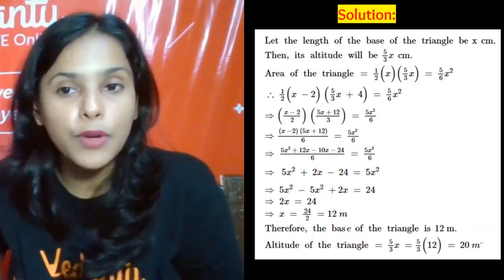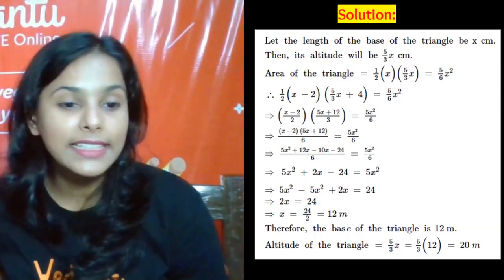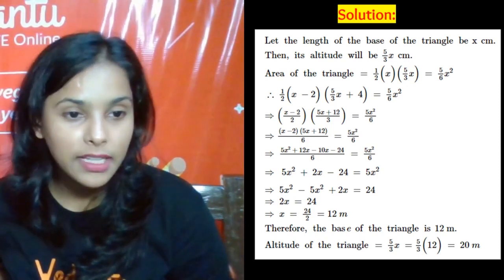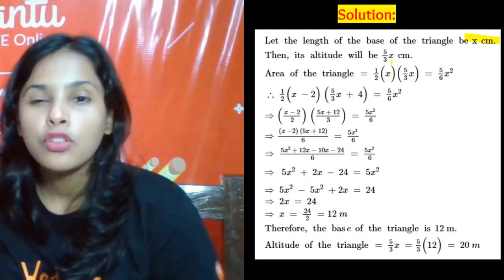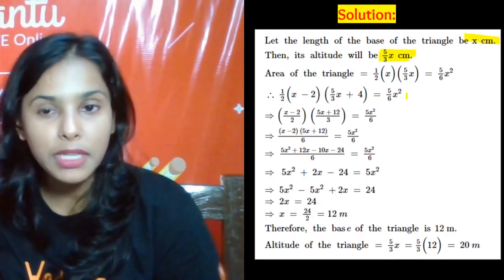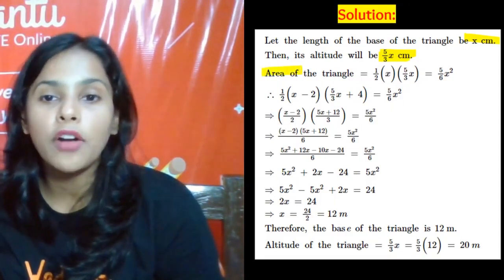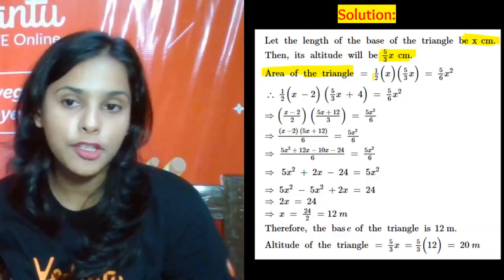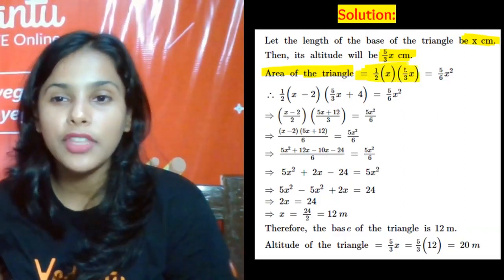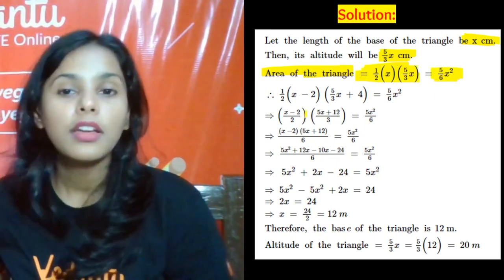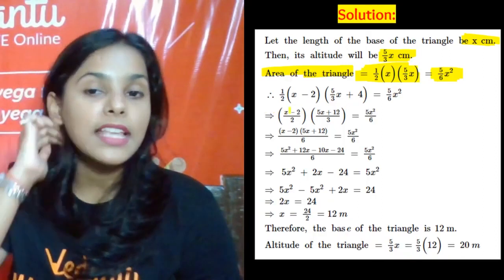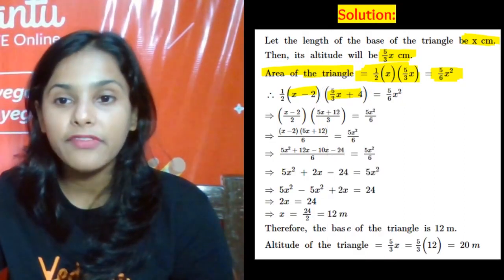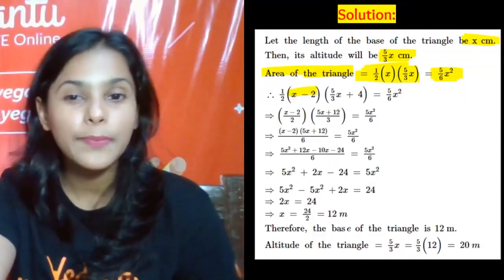Let me explain to you this question one more time. So now you had let that base be x. ठीक है, base आपने x माना था, so altitude became 5 by 3 x centimeter, and taking the area of this triangle when x and 5 by 3 x was base and altitude, then it became this, and you solve this, you got 5 by 6 x square. Now taking the base as 5x minus 2 and altitude be 5 by 3x plus 4, it became 5 by 6 x square, right?